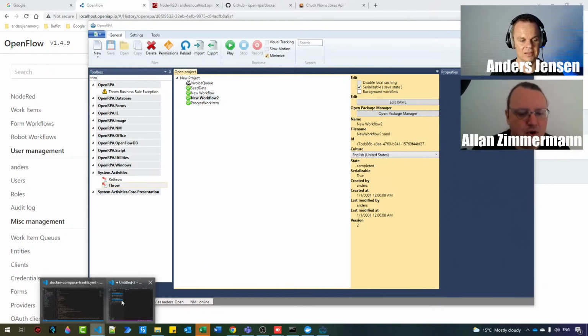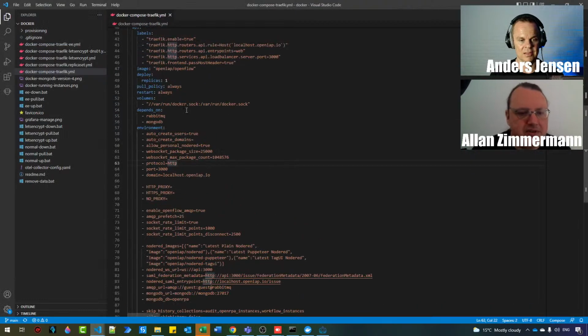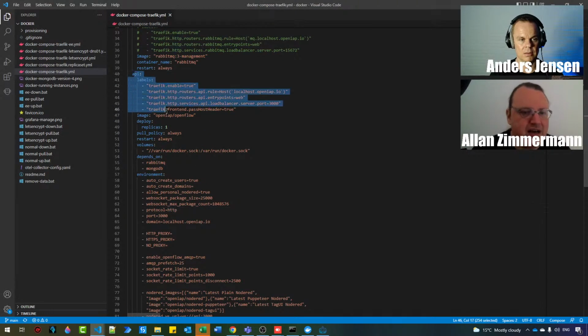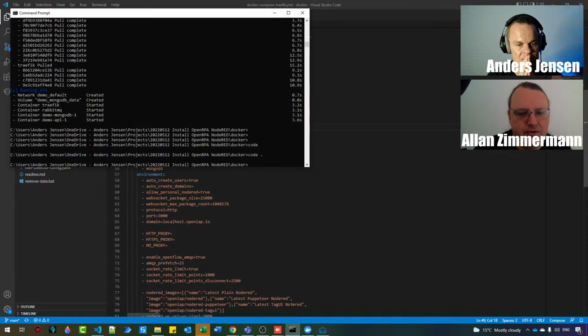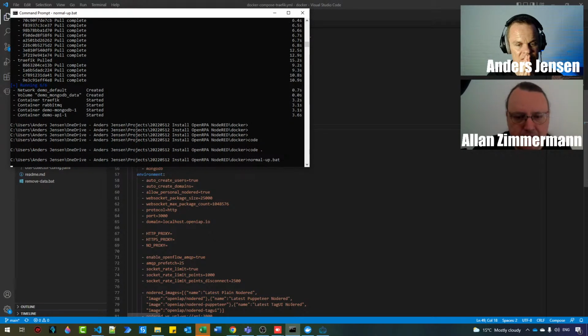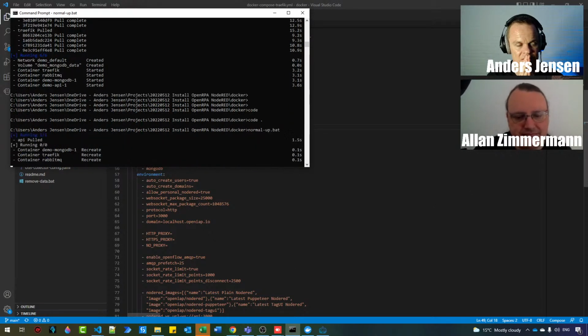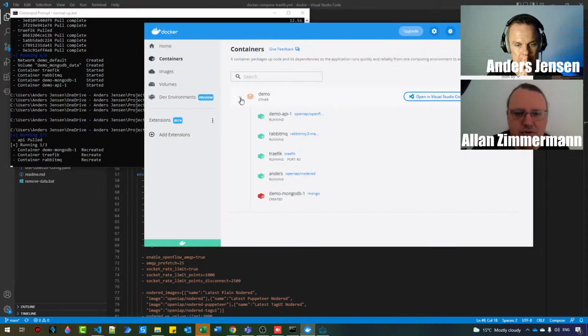So for instance, if we go back to the Docker file, you will see that right now, when we start OpenFlow, we are creating one replica of the API. So if one API can't handle all the clients that you are running, you just change this number to 3, and you go inside here and you type up. And if we then go to Docker, you will see that